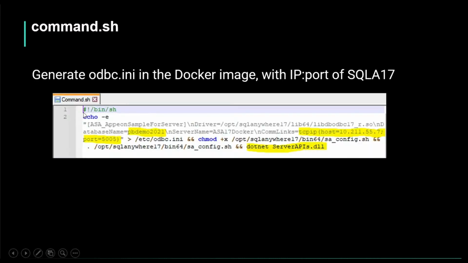In fact, the bash script prepares a string in double quotes that will be written into /etc/odbc.ini. After that, we need to make executable with change mode plus X the saconfig shell script and run it, which will make the current instance read the up-to-date SQL Anywhere environment variables. And finally, the .NET Server API.dll will actually run the .NET application, our REST API application DLL file. To run the REST API means to find and execute the entry point, which is the main method in our